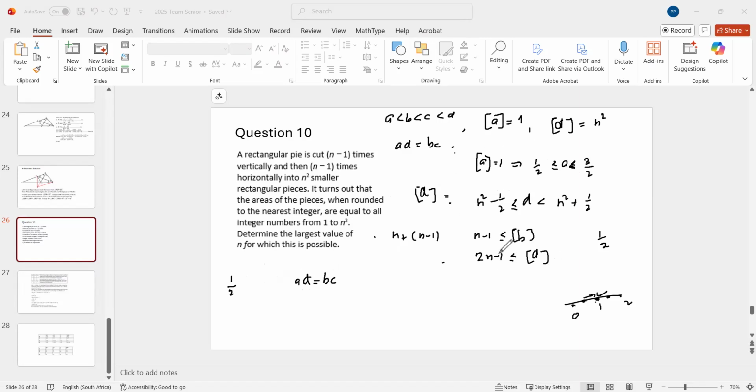So you have that n minus half is less than or equal to, and for this reason, that's B, and with D,